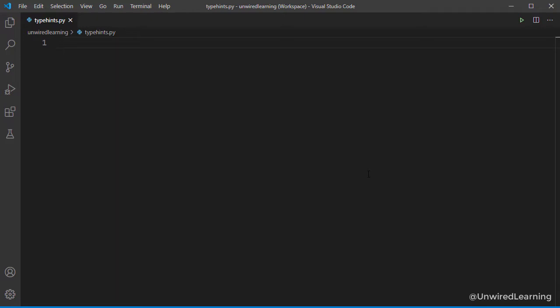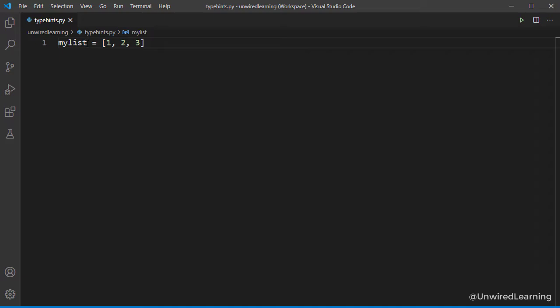Whenever we take input, here suppose I am taking my list as my variable name. I am taking 3 inputs, maybe 1, 2 and 3. Now here if I need to add a hint that all the elements in my list should be integers, at this point of time if I need to do that I have to use a different module. But now with Python 3.9 I can define them.